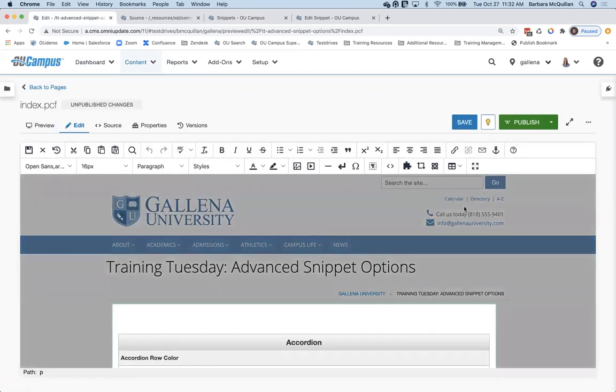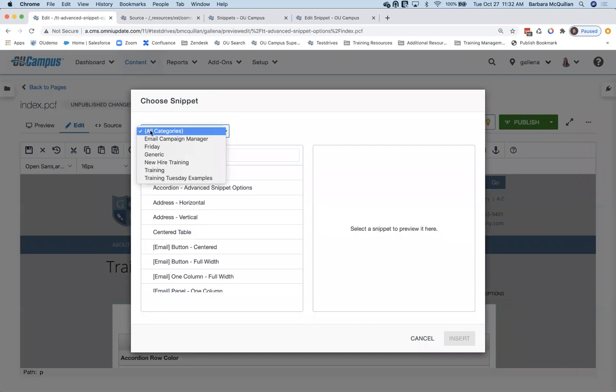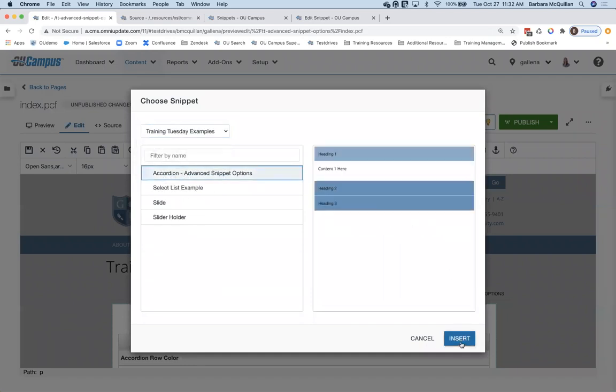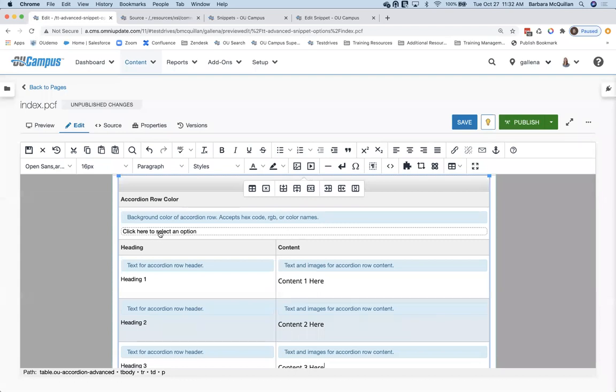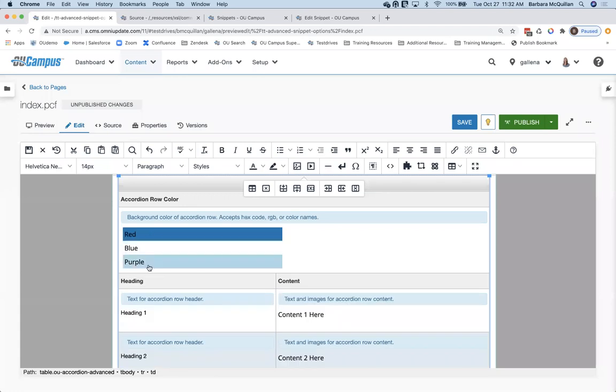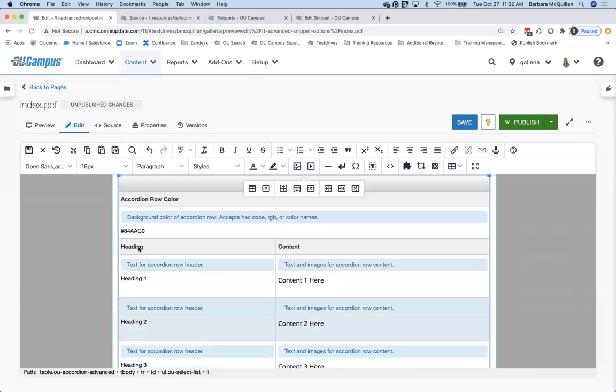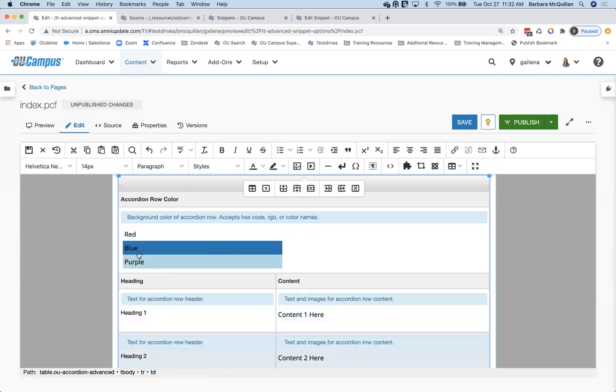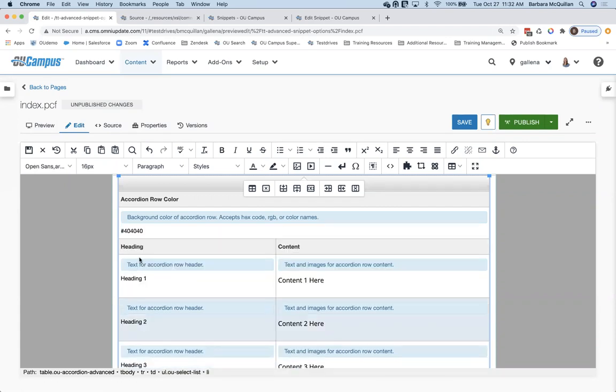Now we'll open up this region and we'll grab that table transformation snippet. Insert. So now here's my click here to select an option. Now I have my red, my blue, my purple. When your editor is choosing, they get this nice friendly name, so they don't have to memorize that the pound 84AAC9 is blue. They actually get presented with something that makes a little bit more sense to them. So when you have a smaller list, it works like this to be able to have it inside of the snippet itself, or if it's a list that you're only going to be using in one particular snippet.